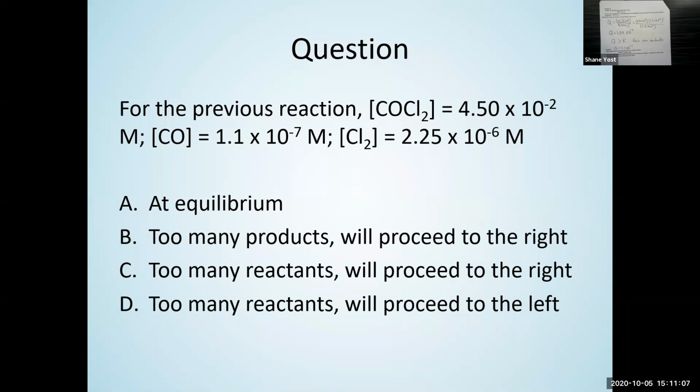So I think that example is going to start talking about ice tables, and given the time left, I don't want to start talking about that. So on Wednesday, we're going to talk about ice tables and do plenty of examples of those, as well as talk about Le Chatelier's principle. And that will do it for chapter 15.